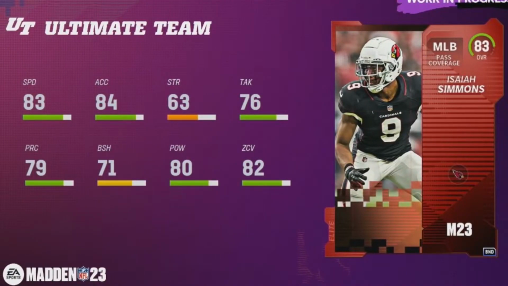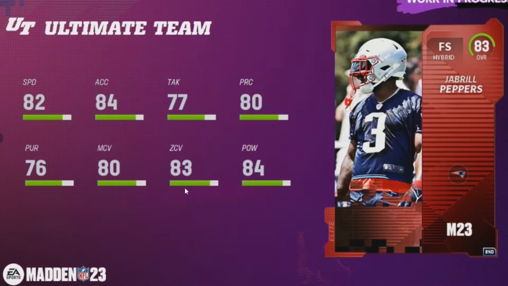Maybe not Isaiah Simmons, but he's similar in stats. However, what makes this card better for me is he's got 80 man and 80 zone right away, and he has the hit power that Isaiah Simmons does not have. The pursuit isn't there, obviously, but playing him as a deep safety, as a safety in the flats, or in a hook curl in a Cover 3,